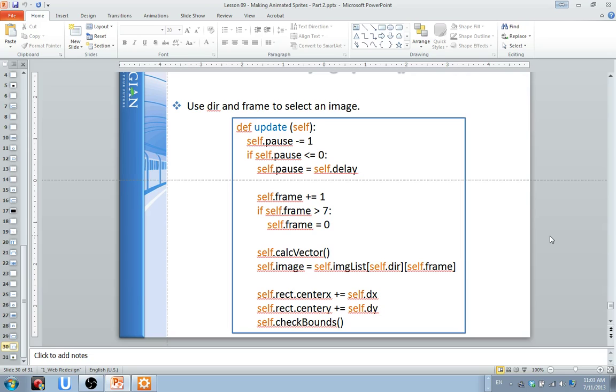But there are great examples here of how to create some basic animation for your side scroller, if you're going to do a side scroller with a walk cycle, if your avatar has a walk cycle, or if you're doing your main game, your main project that's due at the end of this course. There are some really key learnings here, and I encourage you to look over these videos and go over these PowerPoint presentations again with the